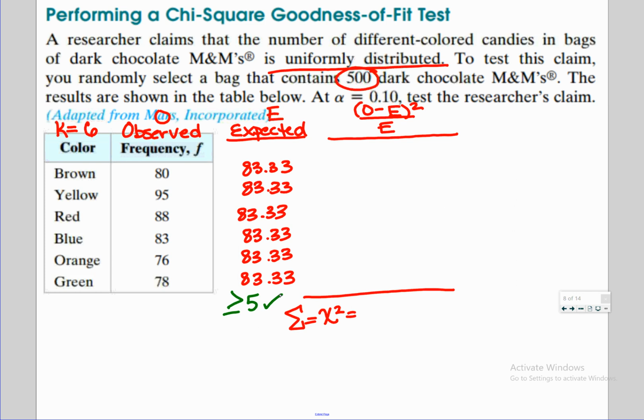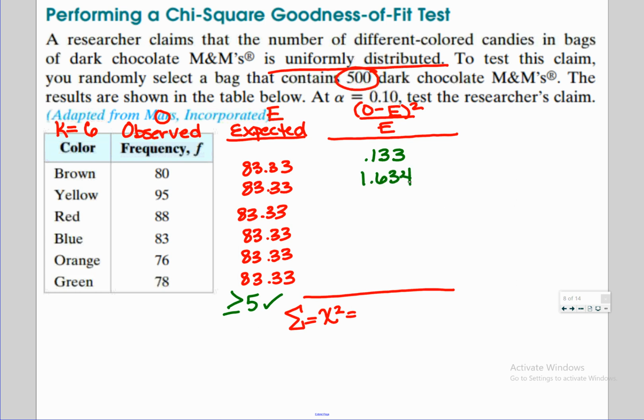Double check me. All right, so for the brown category, I'm going to do 80 minus 83.33. That gives me my O minus E. And then I'm going to square it. And then I'm going to divide by E, 83.33. And I'm going to give it 3 decimal places, 0.133 you get for that first one. Okay, and you're just going to do the same thing for each category. Take the O, 95, minus 83.33. Square it, and then divide by 83.33. I get